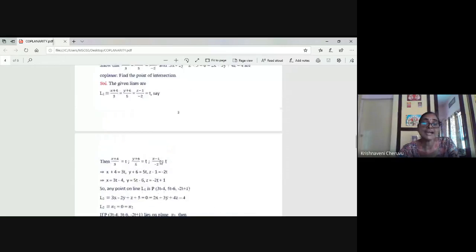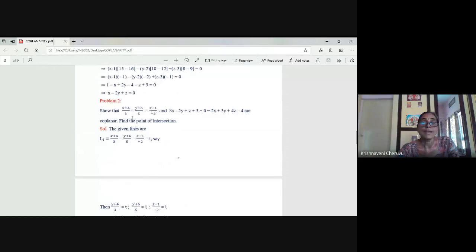This is how you have to find out whether the given lines, one in symmetric form, one in unsymmetric form, are coplanar. When the lines are coplanar, then they may intersect or may not intersect. But in this case, you are able to show that they are intersecting, from which you confirm that they are coplanar. So once they are intersecting, you will be able to find out the point of intersection. So first problem, we took both the lines symmetric. Second problem, we took one of the lines symmetric, other line unsymmetric.